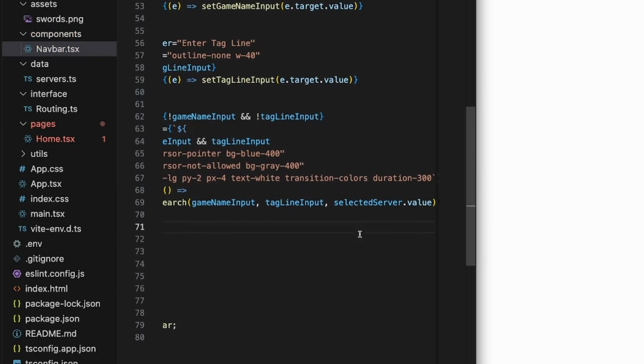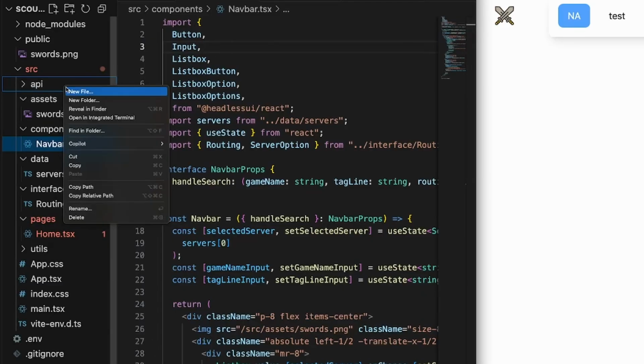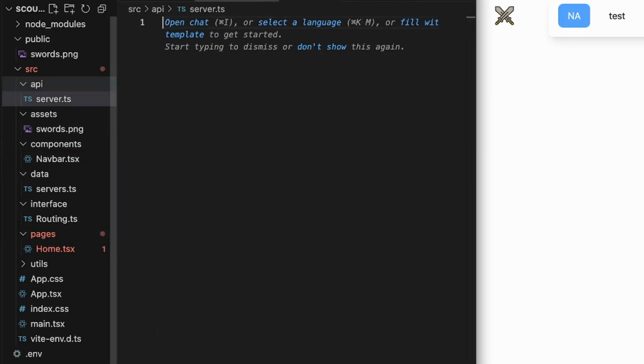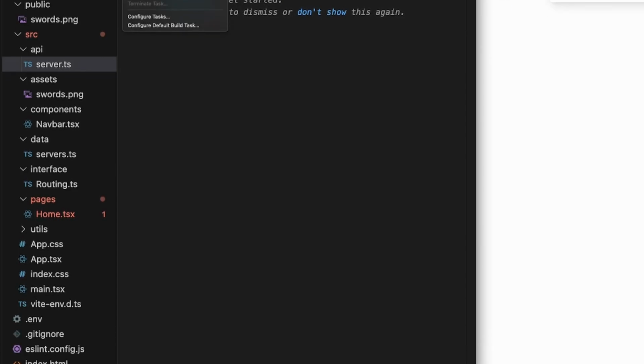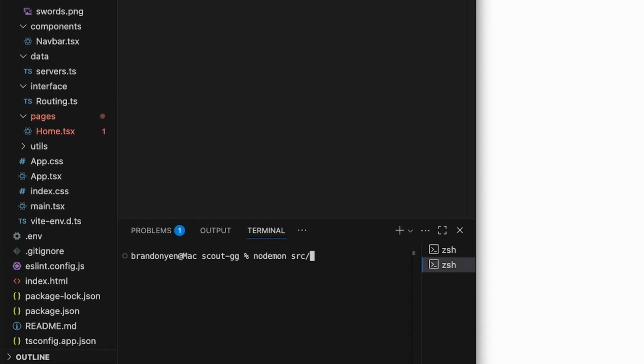And awesome, we're completely done with the navbar. Since the next few components, the summoner profile and the match list, require us to retrieve data from Riot, let's work on our backend server. Create a new file called server.ts in the API folder, then open a new terminal and type nodemon